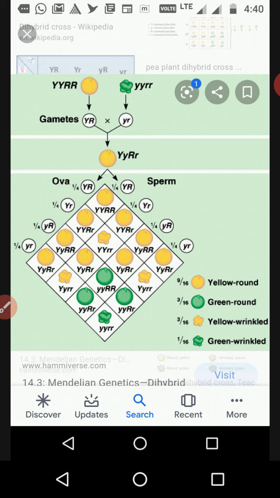So, we are going to study the next part of the same chapter, and that chapter name is the principle of inheritance and variation. In this part of the chapter, we are going to study the dihybrid cross. Previously, in the previous class, we studied the monohybrid cross, and it belongs to that law